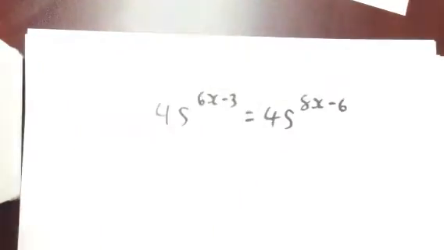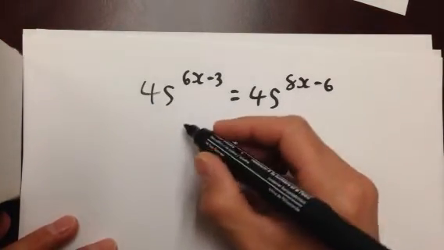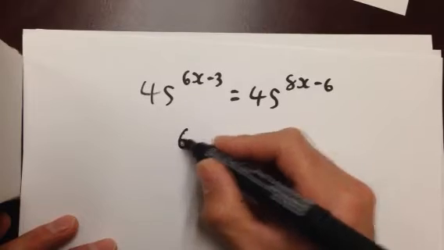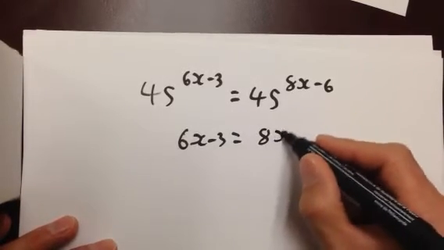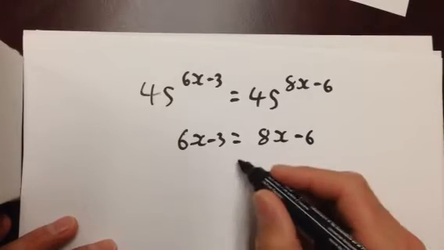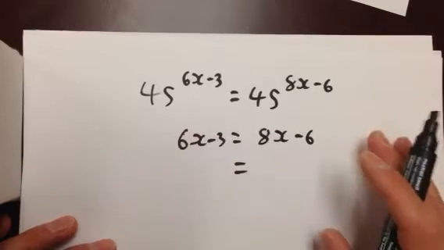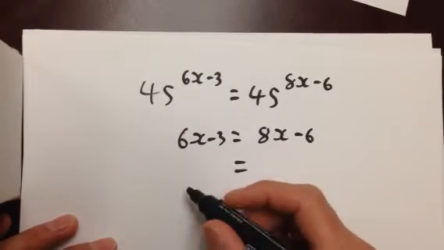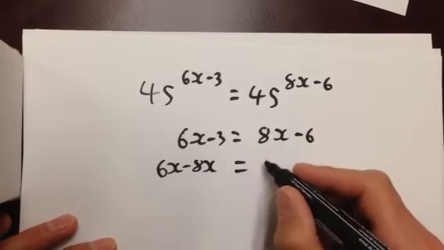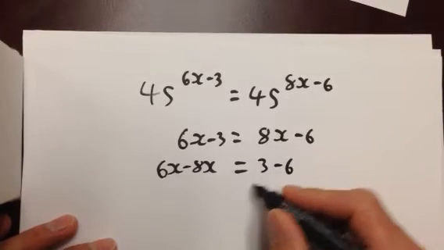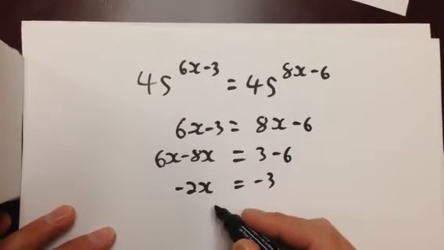So I'm going to do that here. On both sides we have a base of 45, so we can deduce that the exponent 6x minus 3 is equal to the exponent 8x minus 6. We're then going to bring all of our variables to one side, all of our numbers to the other side. So I'm going to subtract 8x from both sides. I'm going to add 3 to both sides. And if we divide out the minus 2,